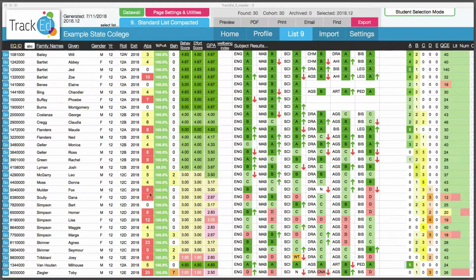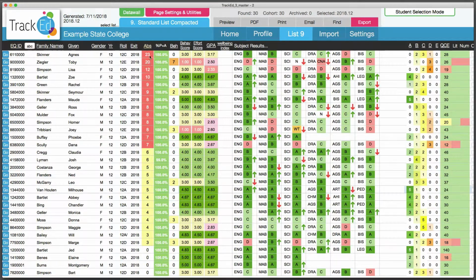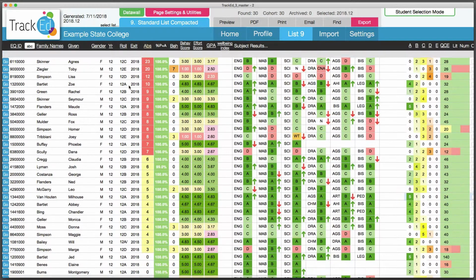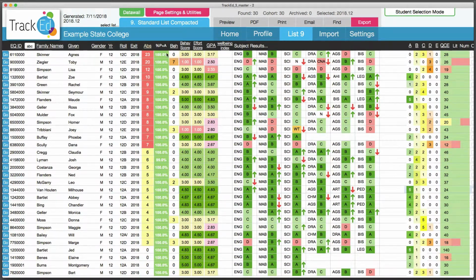Now we're going to have a look at the idea of a manual sort order. So in TrackEd, especially on the list view, you can click any of these headings and it will apply a sort order to the fields that you're looking at there. So in this case, I've sorted the absences from highest to lowest. If I click it a second time, it's now sorted from lowest to highest. Okay, so we'll just change that back to highest to lowest, and we're going to have a look at the